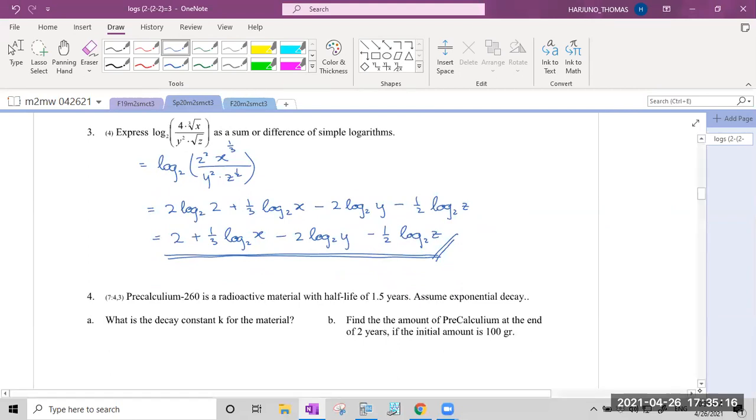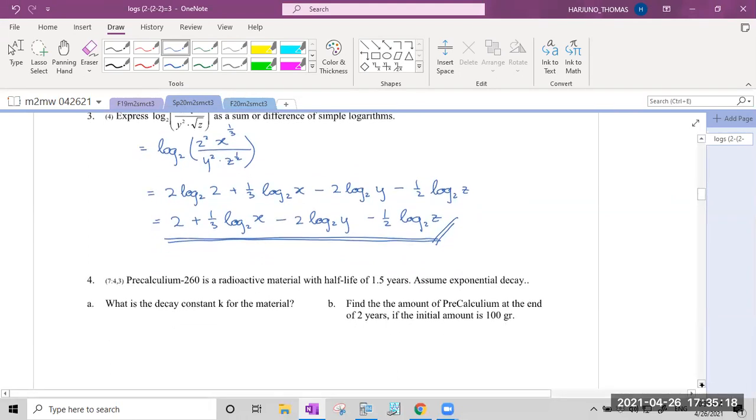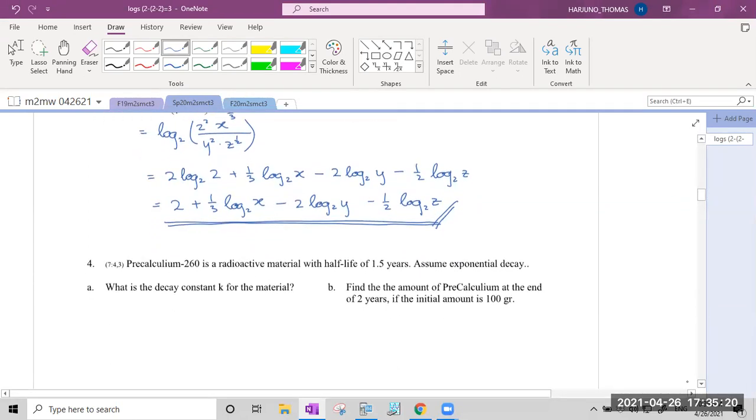Number 4. I make up questions myself here. Precalculus. We have a radioactive material with a half-life of 1.5 years. Assume exponential decay. Now, this is a section that I didn't go over in my lecture, but a material follows